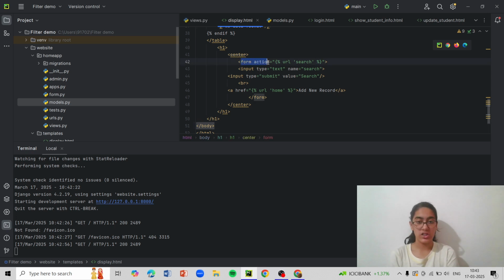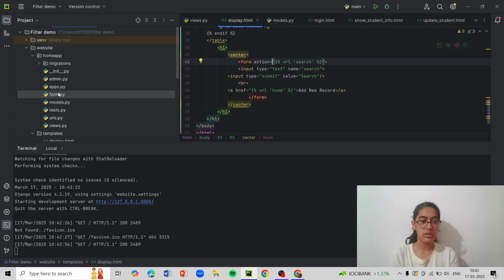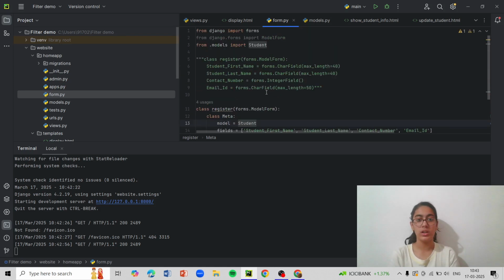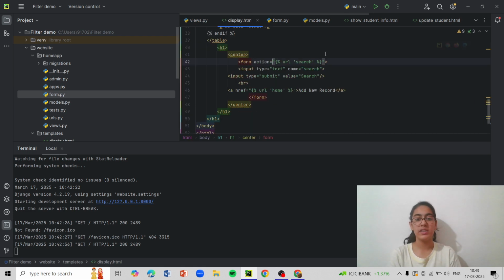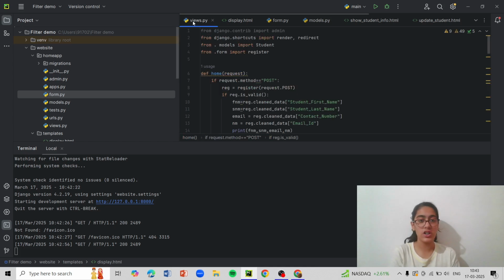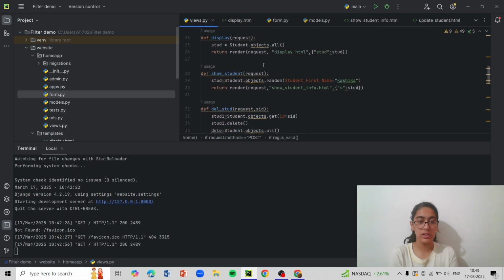So form action. So form is again just a form which we created in forms.py. Here, right here, I created this form. This is also agenda for the next video. Now here we have in display.html, we have input type equal to submit. So this is very important, because if input type is something else, then it won't submit. When it submits, it goes into the value. So our value is search, and value is search, which we have created over here somewhere.